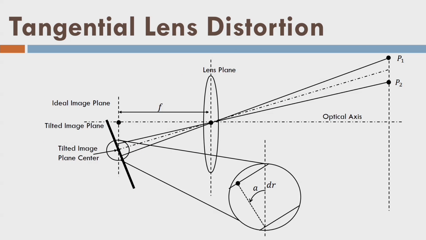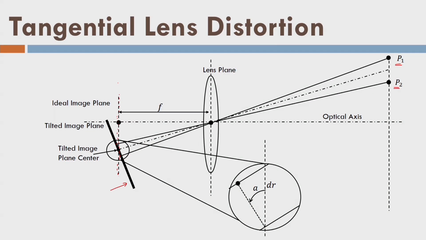This is the ideal image plane, which should be vertical here like the dotted line. This is the tilted image plane. Because of the tilt, the principal point has shifted, and as a result, if P1 is a point here or P2 is a point here, it will be imaged somewhere at a different location, here or here. So what's the meaning here? Let us say rays are coming this way, they should intersect here. However, if the image plane is like this, they will reach somewhere else like this,